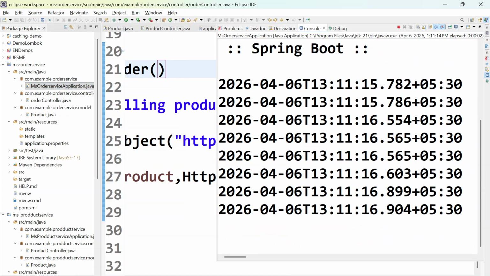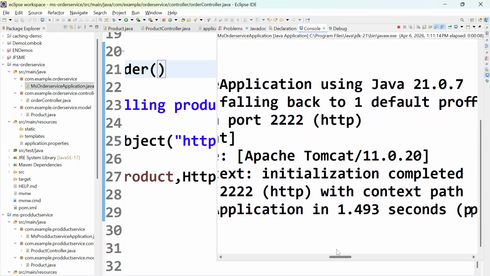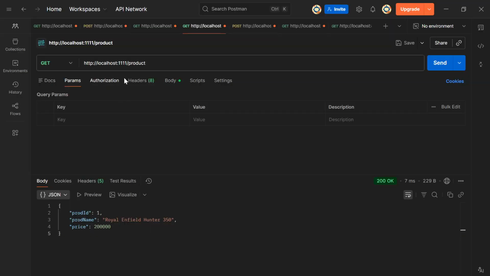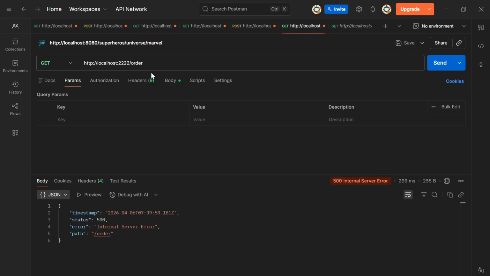So now the URL is correct. Previously the URL was wrong. Once the order service gets started on port 2222, and the product service is running, let's go to the order slash order. Let's hit send, and there we go. We get the product. So this is how we created two microservices here, the product microservice and the order microservice,